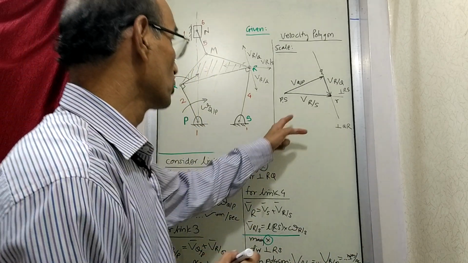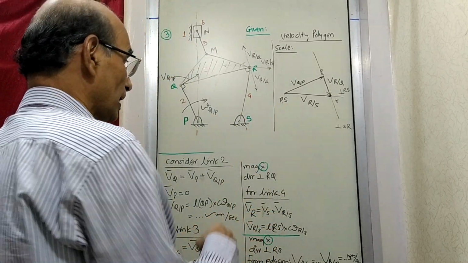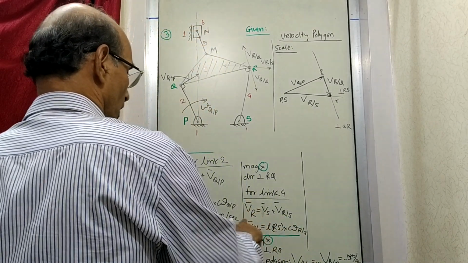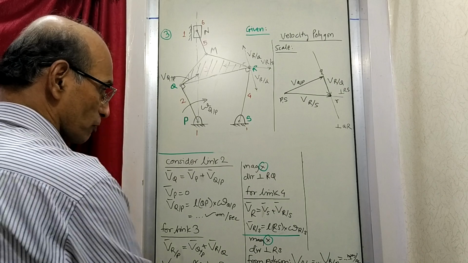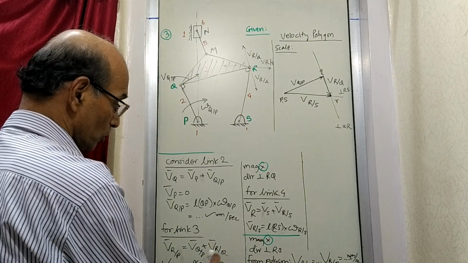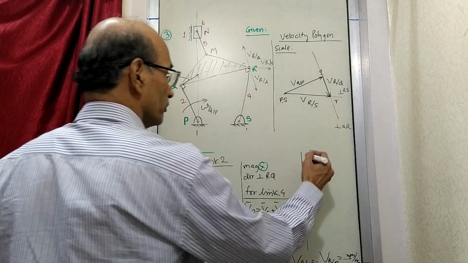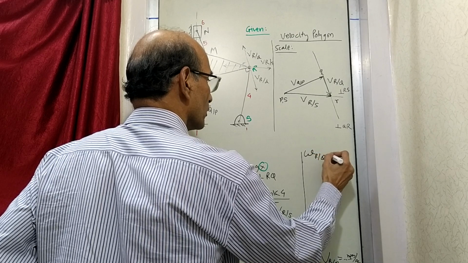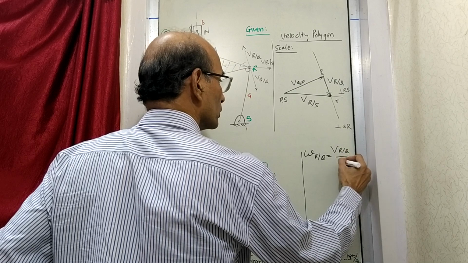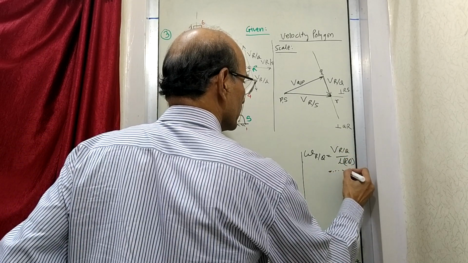So we got the values of these two vectors, and we will also come to know the direction, I'll write here. From this equation, we have got this value directly, but this was earlier not known. Now because these two things are known, we can find this. So the angular velocity omega of R with respect to Q is velocity upon distance, that is, the velocity of R with respect to Q upon the length RQ. And you can get this in radians per second.